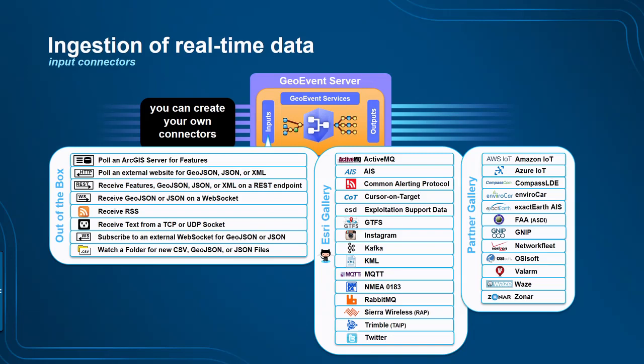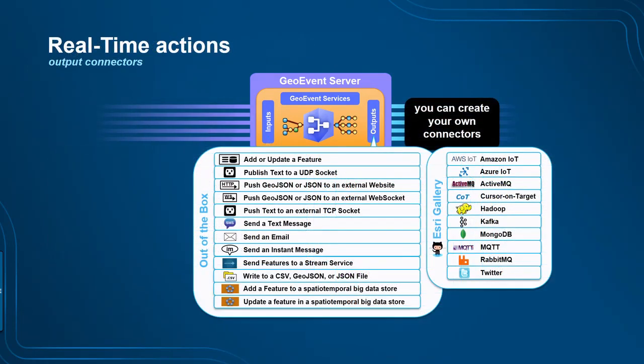So how do you perform real-time actions? Similar to input connectors, we have output connectors. As you can see here on the left, we have a bunch of out-of-the-box output connectors. The ability to add and update a feature, or pushing GeoJSON, JSON to an external website or WebSocket, sending text message, email, or an instant message,